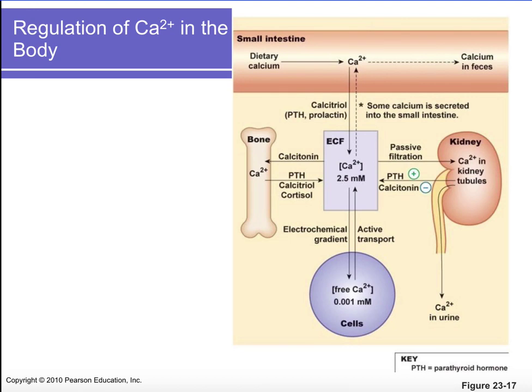For example, parathyroid hormone, which raises blood calcium, will cause our bone to break down and release calcium into our blood. It will also indirectly cause us to absorb the calcium in our intestine. And I say indirectly because parathyroid hormone will stimulate the production of vitamin D or calcitriol, and then that will allow us to absorb the calcium in our intestine. And then PTH will also make sure that all of the calcium that we filter in our kidneys, we reabsorb it.